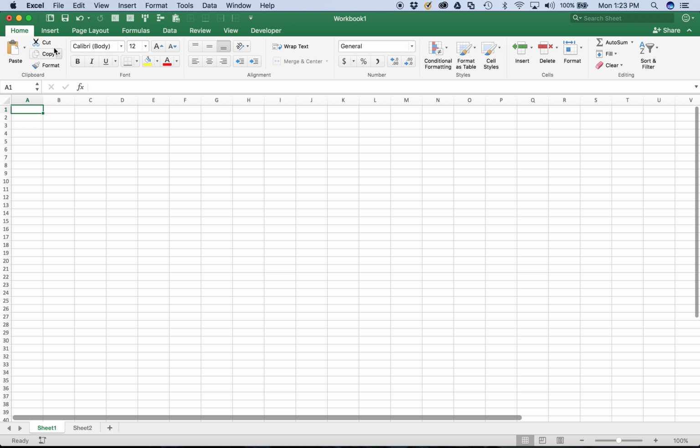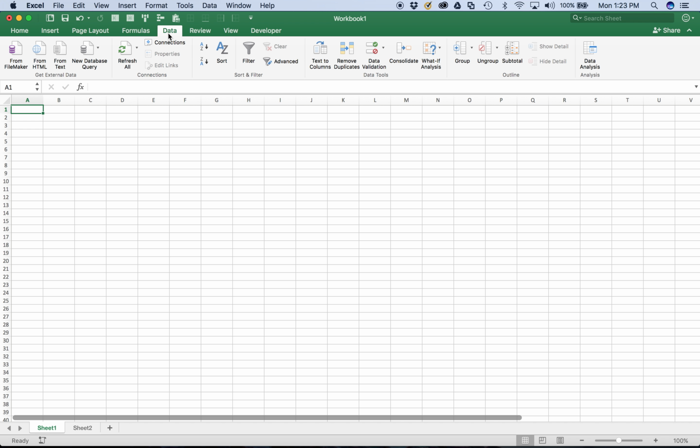I'm going to go to Sheet 1, and in my Data tab, now of course I'm on my Mac, but it looks the same on a PC. In the Data tab, in the first little group here, there's a bunch of buttons: from FileMaker, from HTML, from text, from database queries, some other things in here. So I'm going to go from text, I'm going to hit that button,